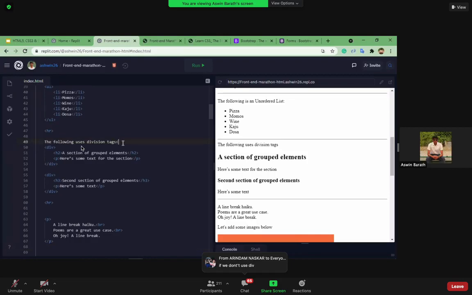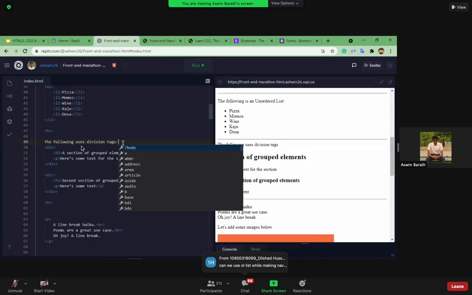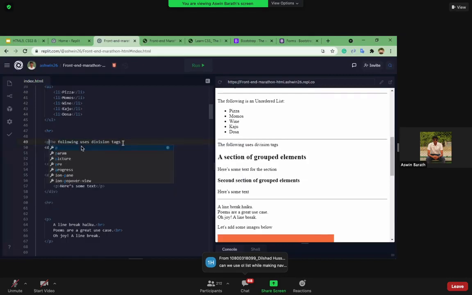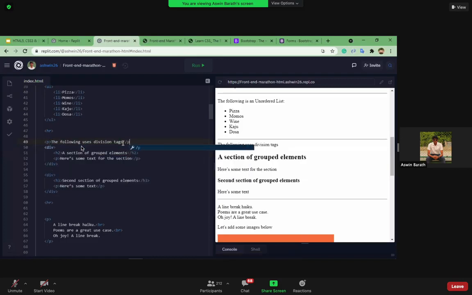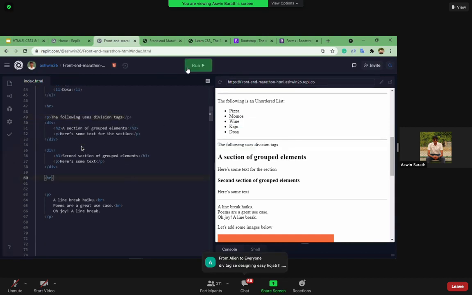Yeah. So even if you don't mention this, I didn't mention that it is a paragraph or a heading, right? What happens is it will just display it as a text inside this HTML. But we have to declare it inside the paragraph tag because it is the standard we should follow. So thanks for pointing that out. It's a good one.